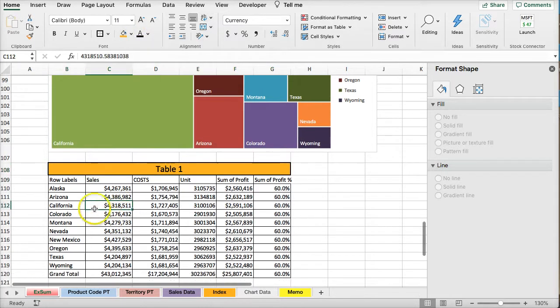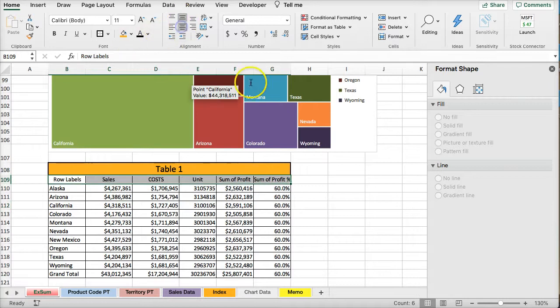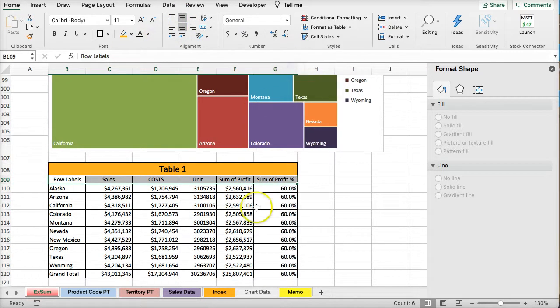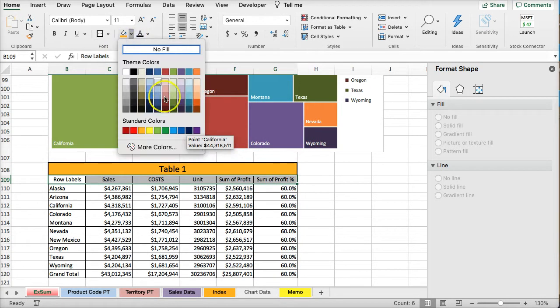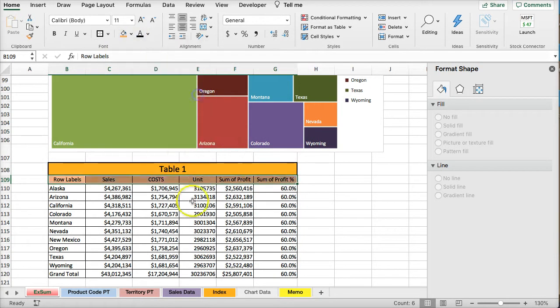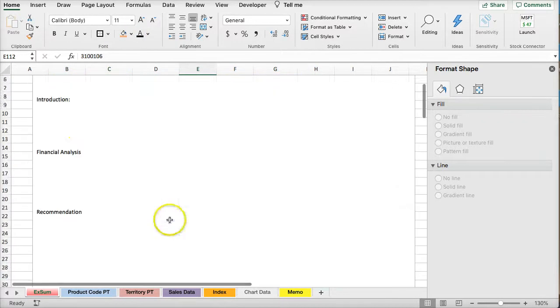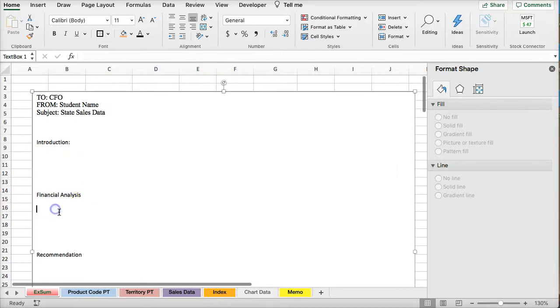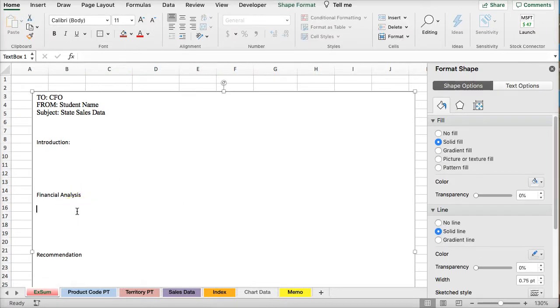Give a little color to this. So you want to format, you don't want to just leave your charts looking ugly. You want to format the table, rather, you want to format them a little bit. Maybe I want to put a color here. Okay. So now in the financial analysis, you're going to talk about which state has the most sales,